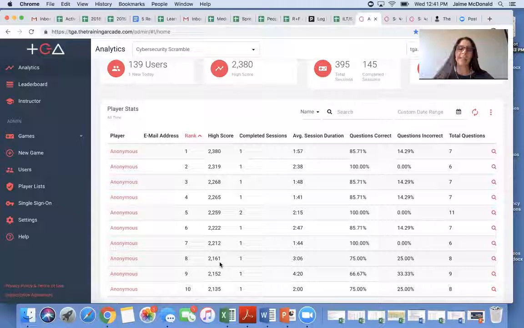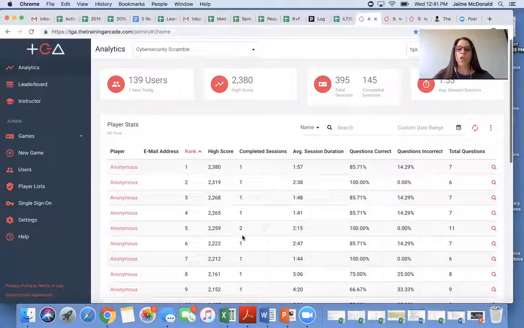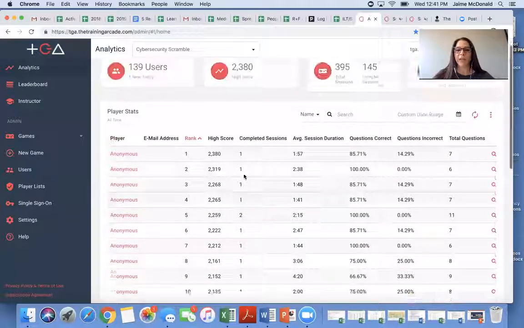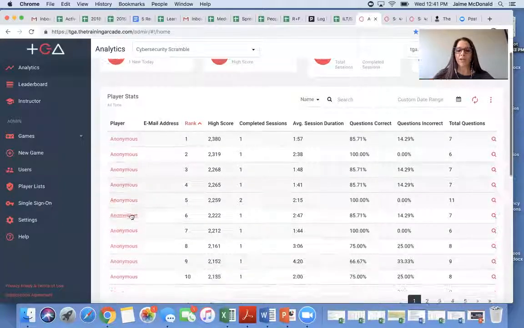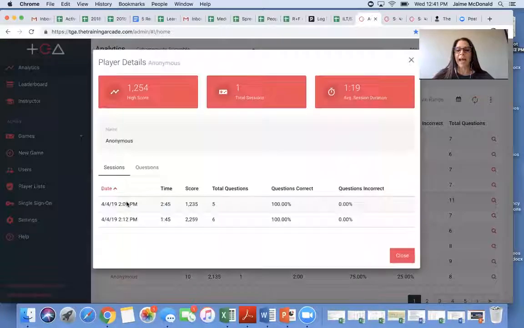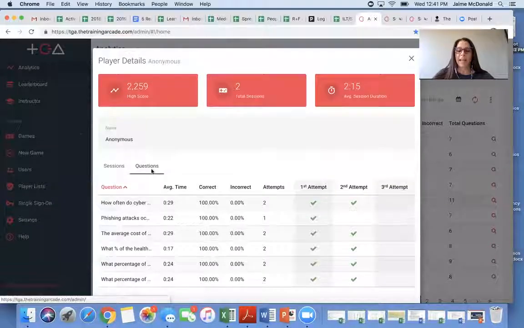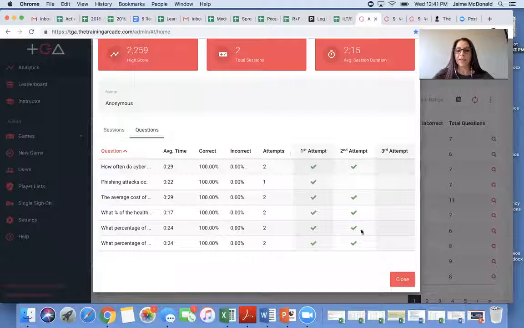But when you're looking at the data, there's 2 pieces to see. One is your player stats, and that's what you're looking at right here, which tells you how many users played, their high score, how many sessions in general, what the average session time was. But more importantly, you can click into an individual user and you can actually get a glimpse into how that person did. So in this particular case, this user played twice,